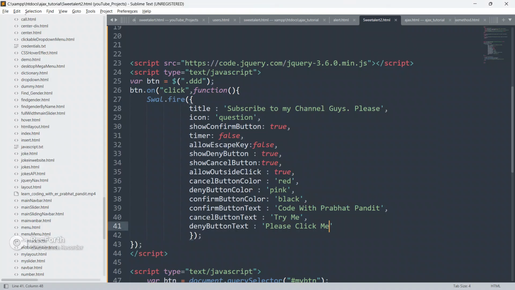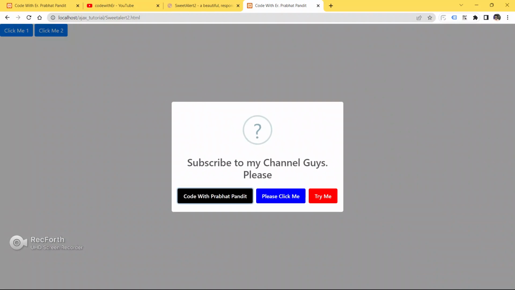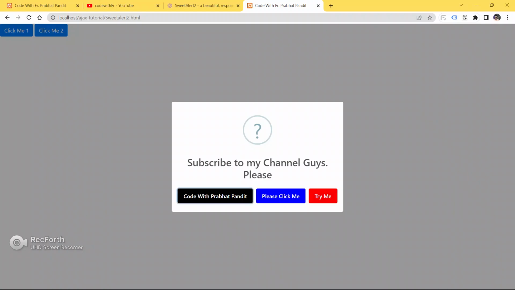See, we have changed the text of the button, guys. First of all, let me revert this color to blue, so then only you will be able to see the text of the button. Save your code, go to the browser and refresh your page. See, code with Prabhat Pandit, please click me and try me.